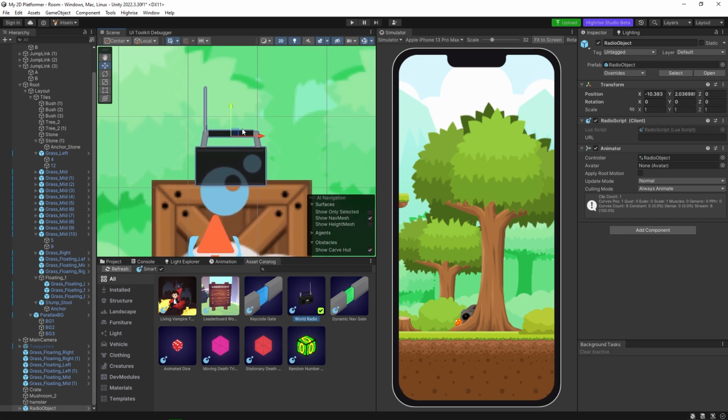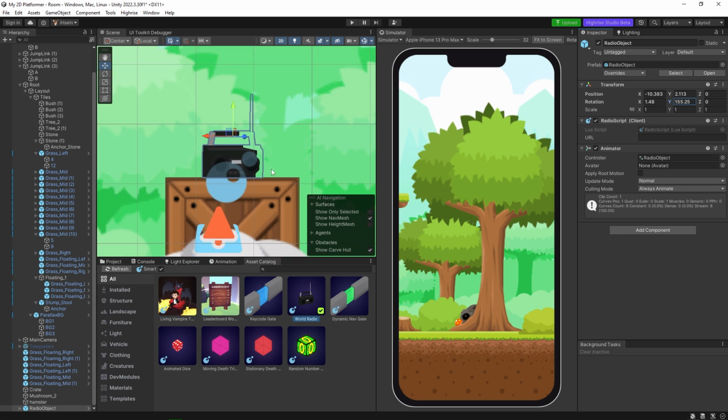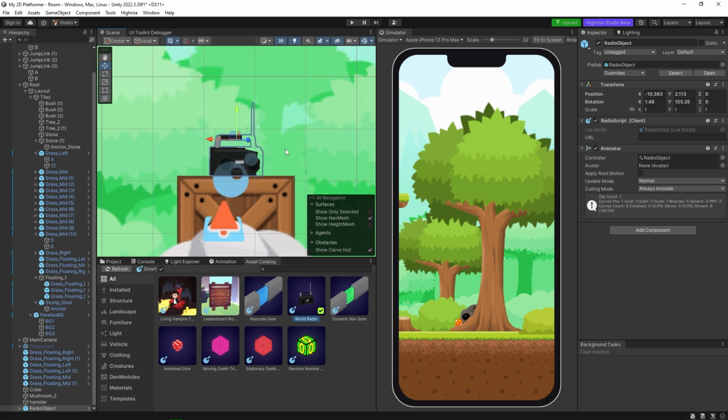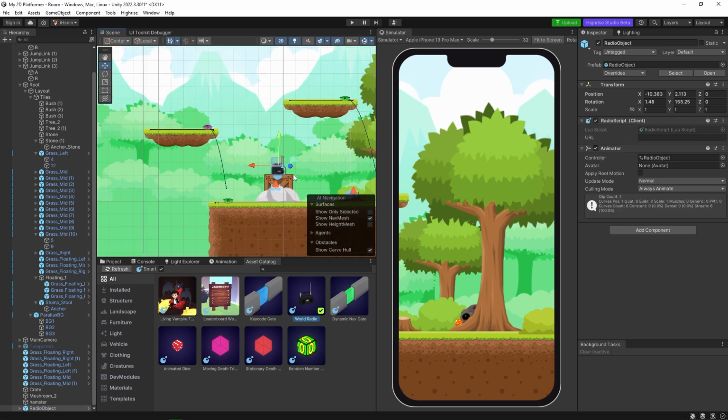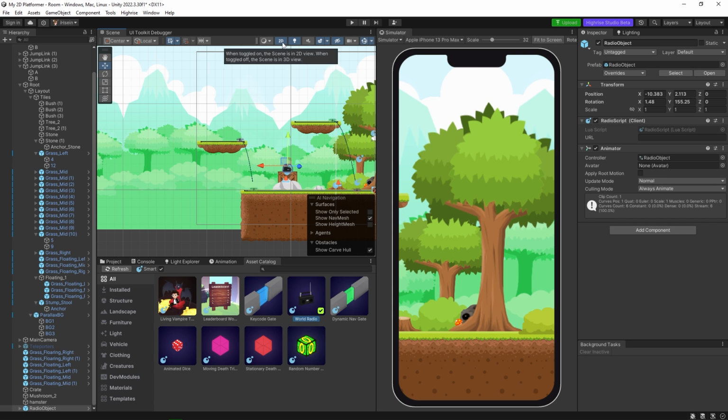Now it's facing backwards, so I'm going to just move it a little bit up, and I'm going to rotate it maybe 90 degrees on the Y or 180 degrees. And you can also rotate it on the X a little bit if you want, and then you can rotate it on the Y a little bit like that. Now there is a small issue, which is the background is over the radio, and to change this, you zoom out, you exit the 2D,